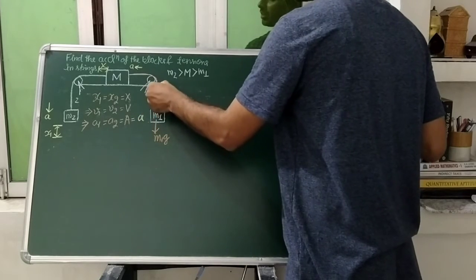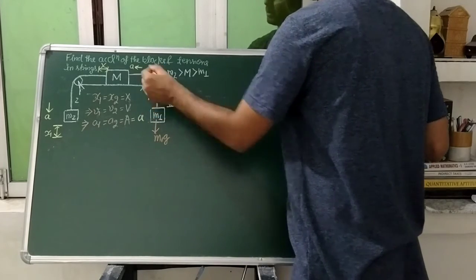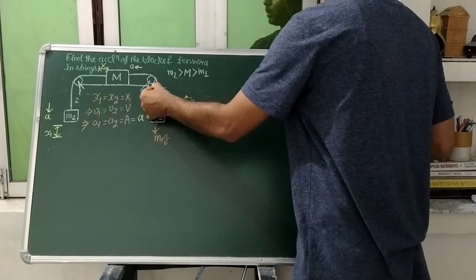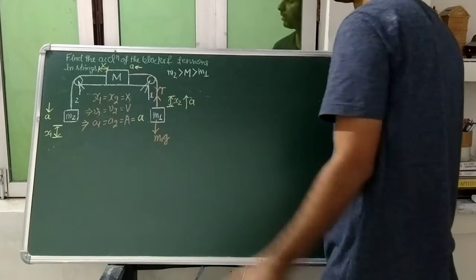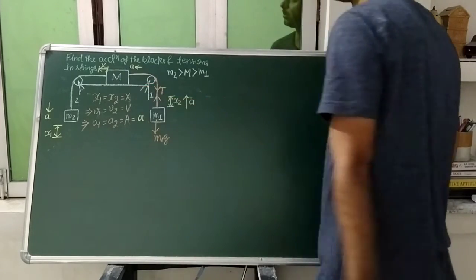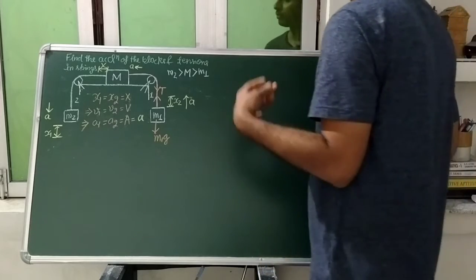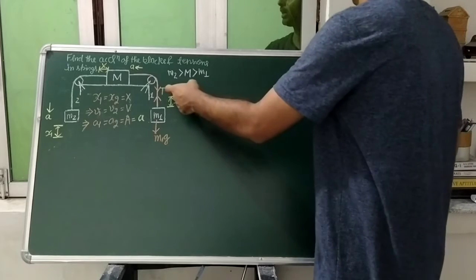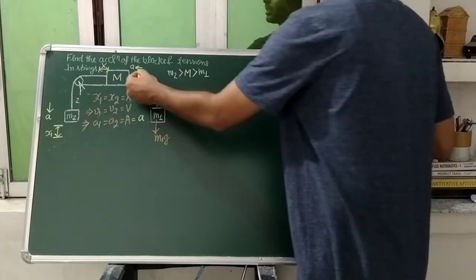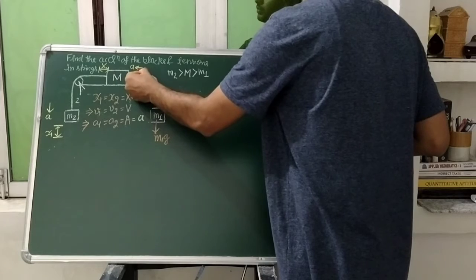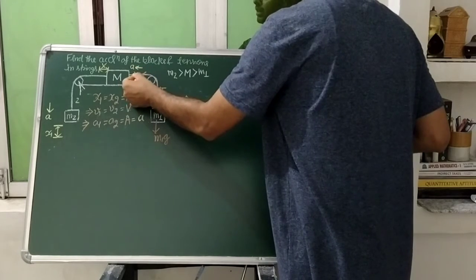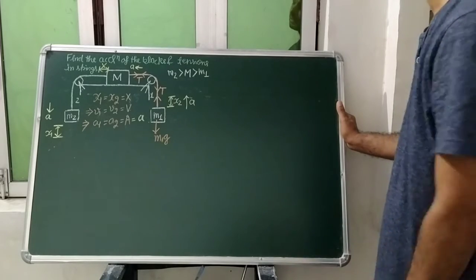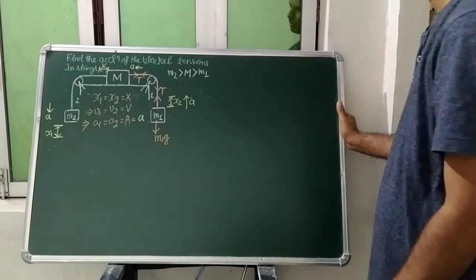That tension we are calling capital T, and for this object of interest, this pulley, the pulling effect will be in this direction. I have talked about it 4-5 times. Since the pulley is frictionless and massless, whatever tension you get at this end, the same tension will be here. Tension at each end will be the same if the pulley is frictionless and massless. No torque is going to act on it.